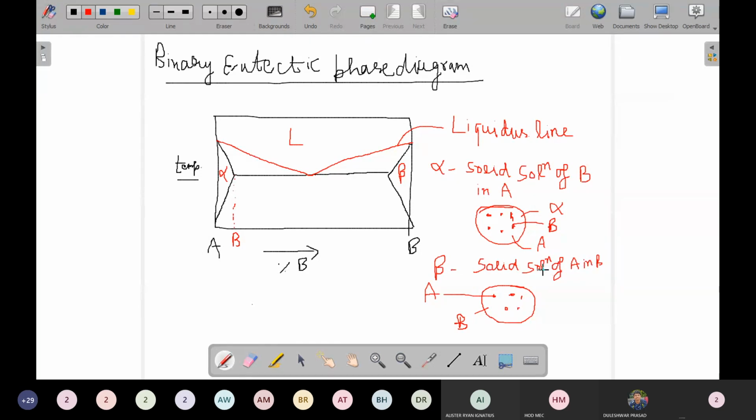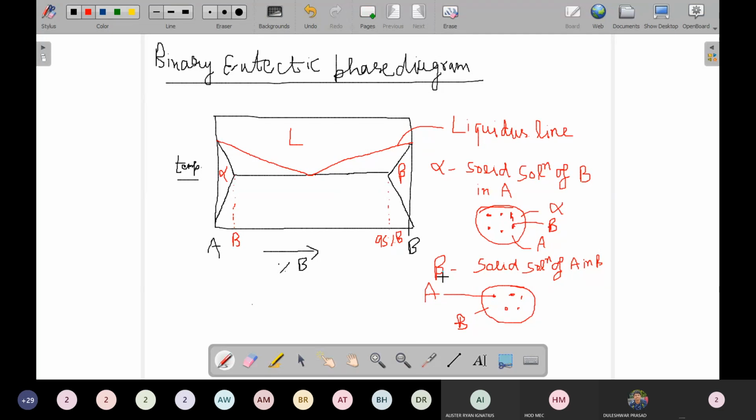It means if I am saying solid solution of A in B, then A will be present in a small amount in B. So here you can see I am saying that this is the beta phase. If you draw a line like this, you can see the maximum will be B because B is increasing like this. So if you assume, for example, 95% B is there, then only 5% will be A. So this is how it looks. A will be present in a small amount in B. That is known as the beta solid phase.